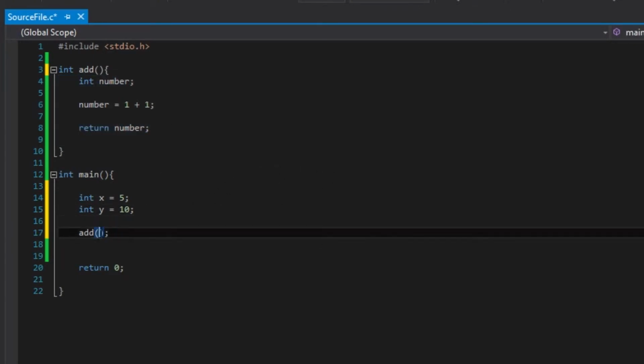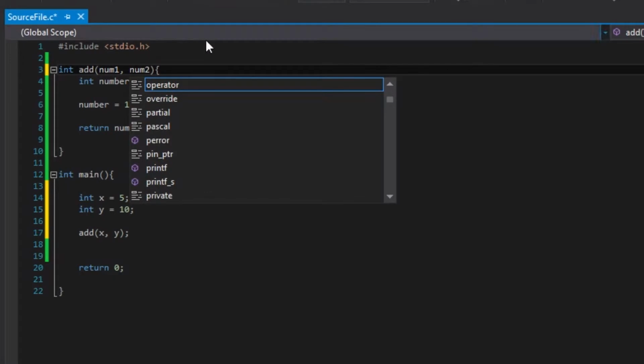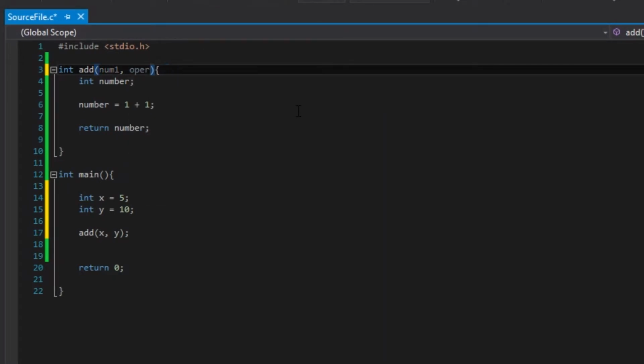Now, how do we do this? Well, it is as simple as just typing x and comma y. You also have to put these inside here. They do not have to be the same name. This is because here it is basically telling us, I want 2 numbers. And when you call it, you say, okay, I'll give you 2 numbers then, and then it gives them